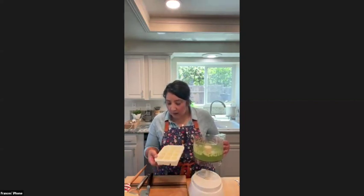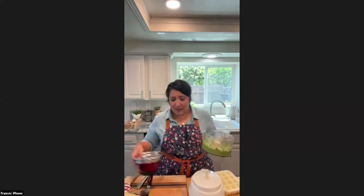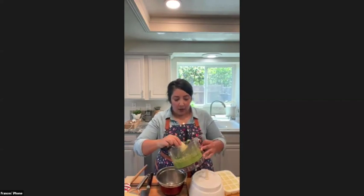Each cube measures about a really generous tablespoon. And that's helpful if I'm wanting to, say, take out a couple of cubes to add to a pasta dish the next day, defrost them overnight in the fridge, and then they're ready to go for when you're ready to use them. And then if you are wanting to use your pesto today, like we will, then you add your,